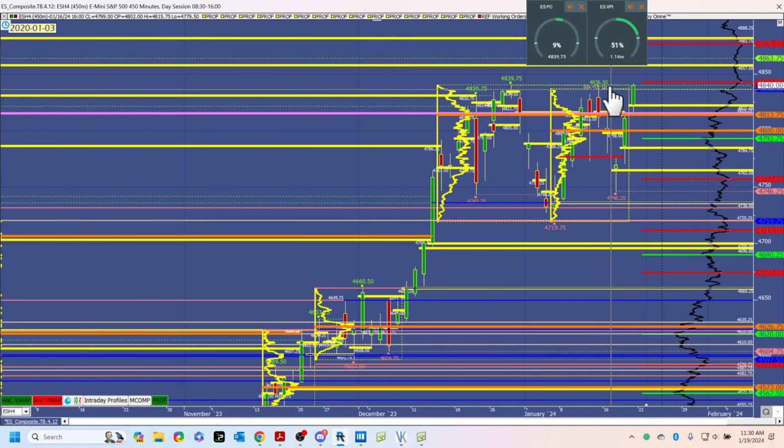You come out of here, all there is is fuel, a vacuum. That's why, other than counter rotations, for me the play is to be on the long side, not a recommendation. And this is my next area, potentially, if not, wherever. That doesn't matter. But there's nothing here. What is here is all these shorts have their fuel here. We can accelerate potentially. So for me, the smart move is not to sell it. I mean, again, I say me, that doesn't mean you.